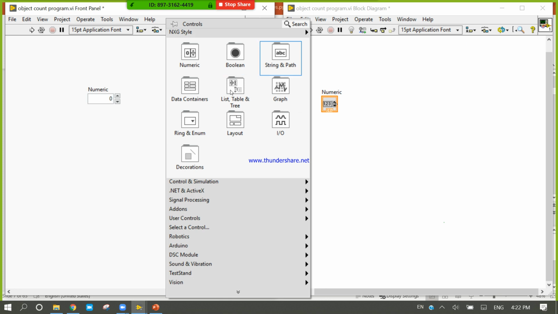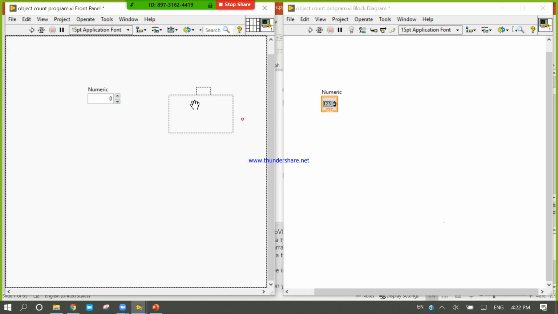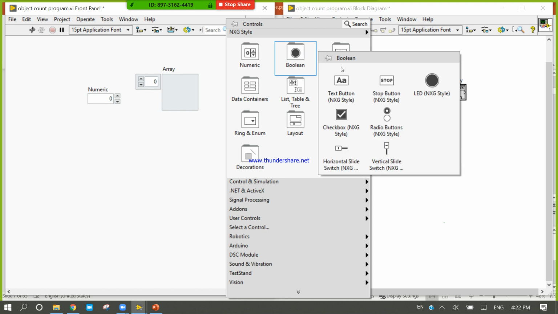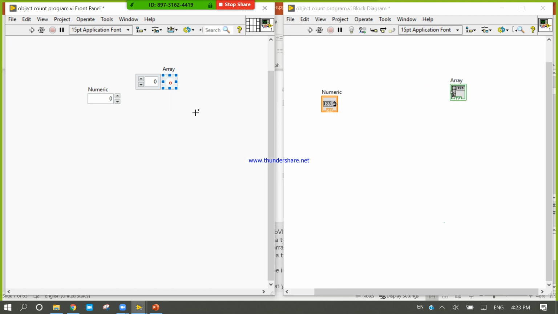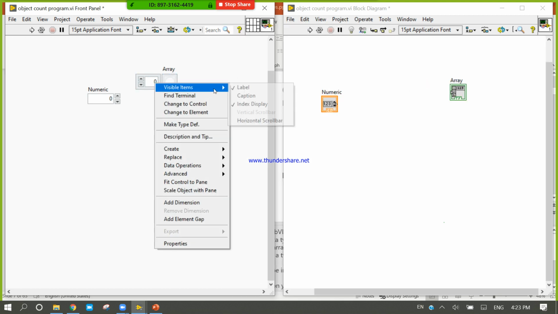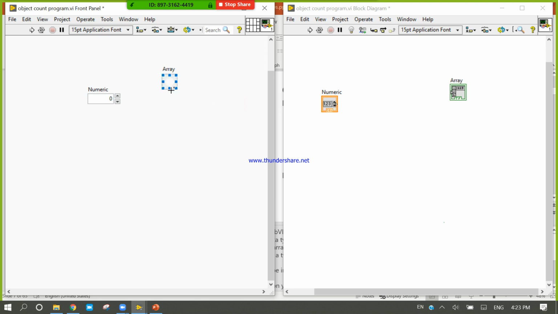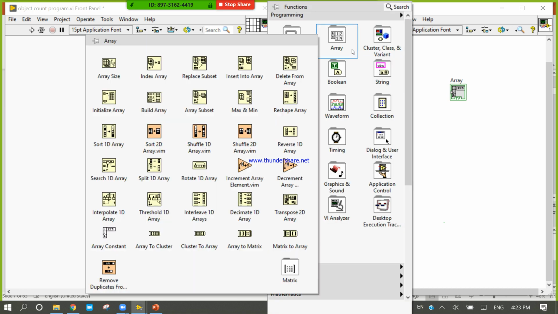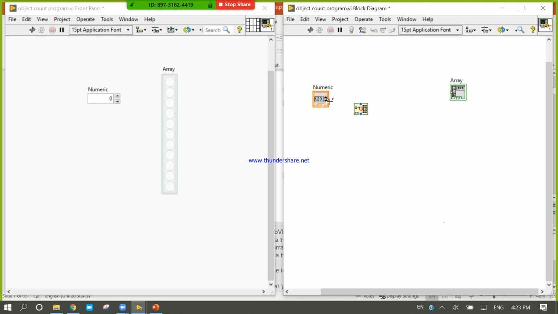Now right click, come to array index, right click, come to boolean, take LED. It is my bool. Okay, right click, come to array, initialize array.